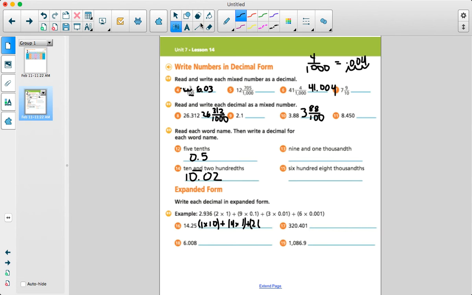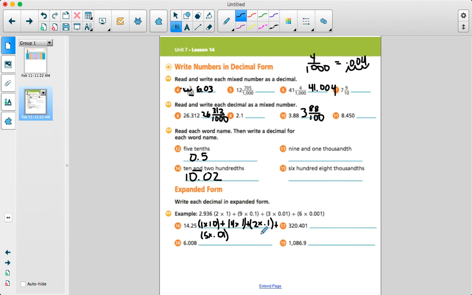Let's grab my eraser if I can find it. Grab my eraser here, erase that a little bit. All right, now we'll go back. Plus 2 times, and it'll be 0.1 or 1/10, plus, now I have to go over to that hundredths spot, 5 times, and I'm going to go to the hundredths spot, 1/100. And that is the expanded form of 14 and